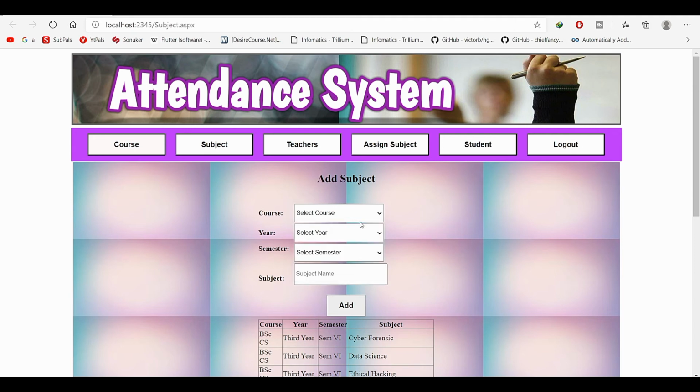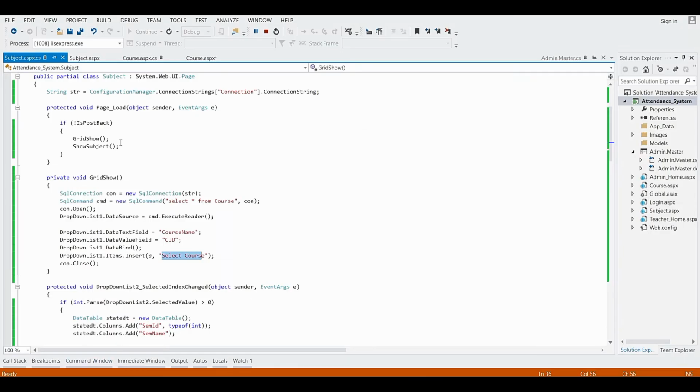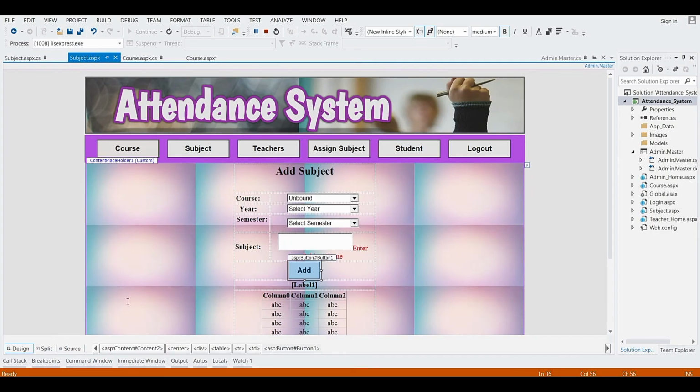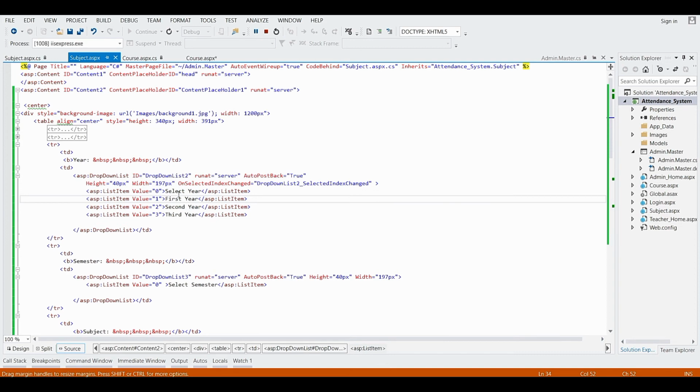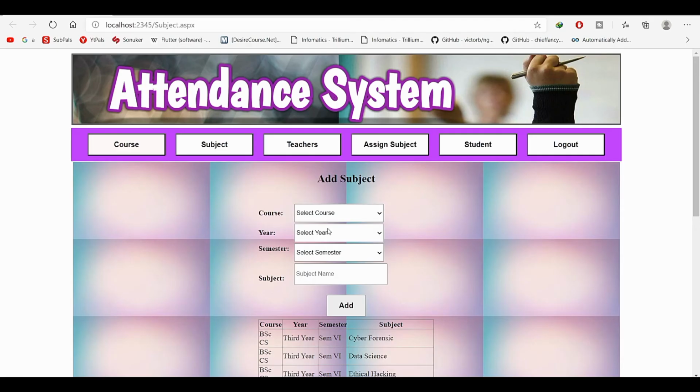Okay, so we have seen for the course, and for the year we have given a hardcoded text in the XPS page. You can see here, first year, second year, third year. Okay, after that for the semester.